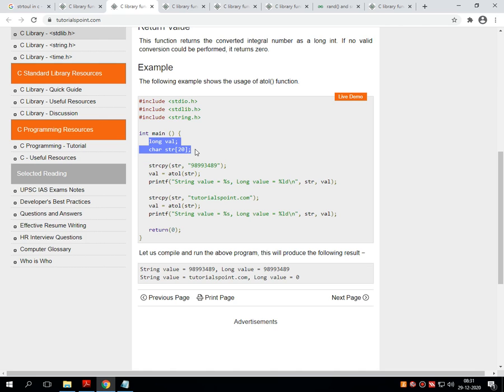Then there are certain variable declarations for inputting the values and getting the output, where the inputted value is in the format of a string. That string is first copied into the variable called str. Then the atol function converts the string to a long integer, and stores it inside the variable called VL, and then the printf statement will print